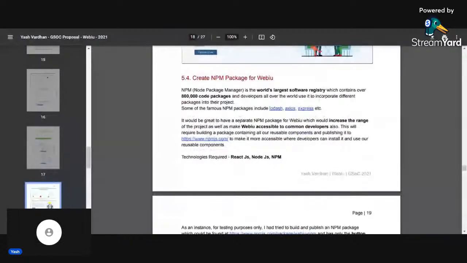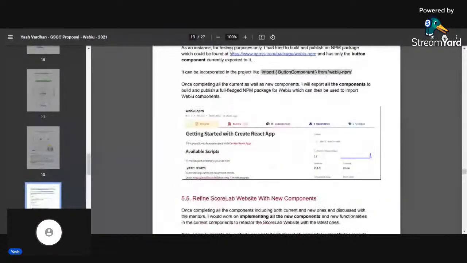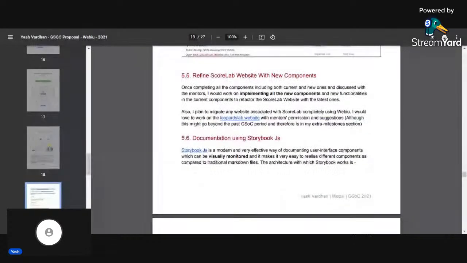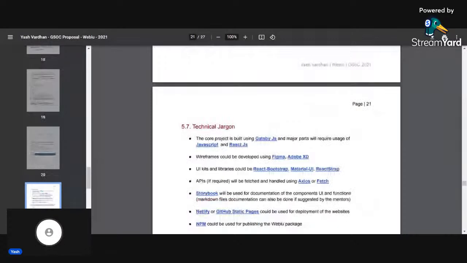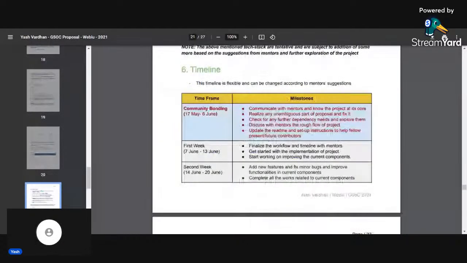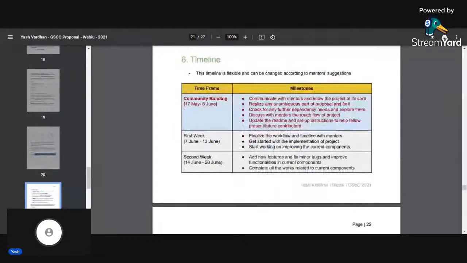So this is about the implementation part. More or less, whatever you have written in your project goals, you should cover them: how are you going to achieve that? And another important section of the project proposal is the timeline. This timeline is also used for official purposes, like GSoC, the Google authority. They also review your timeline,